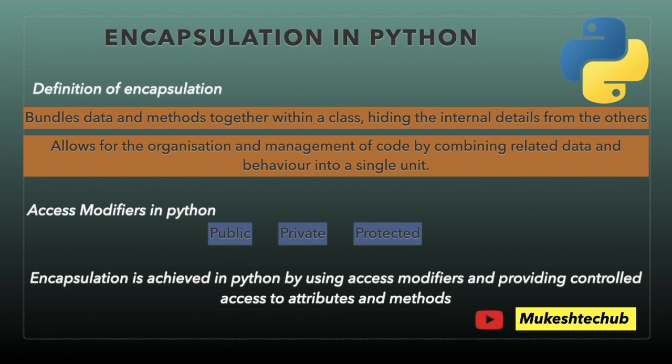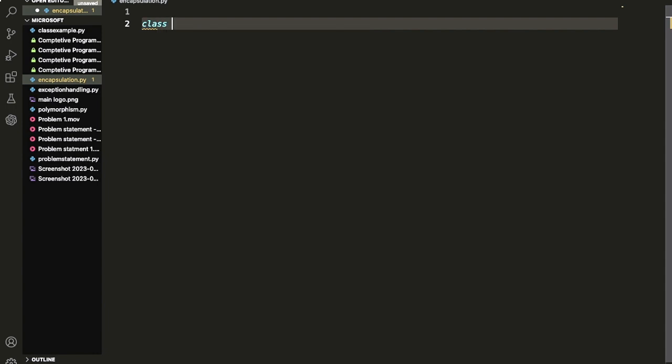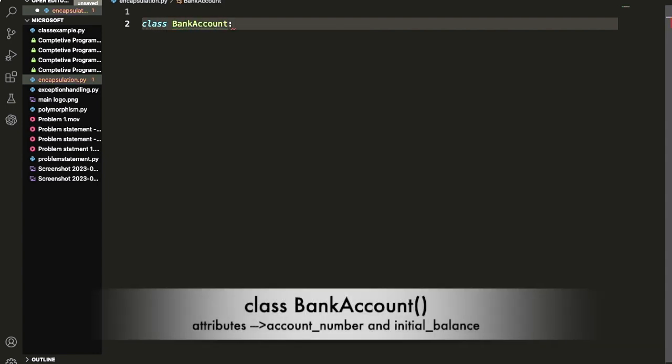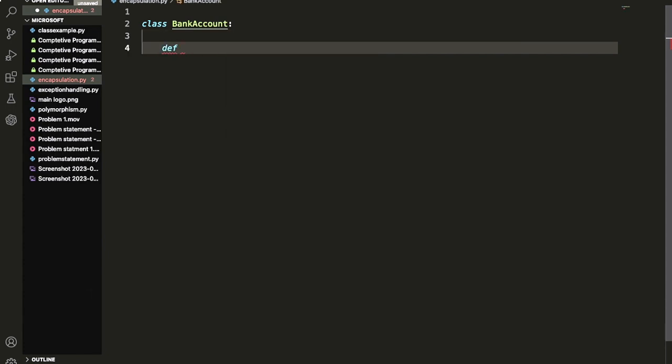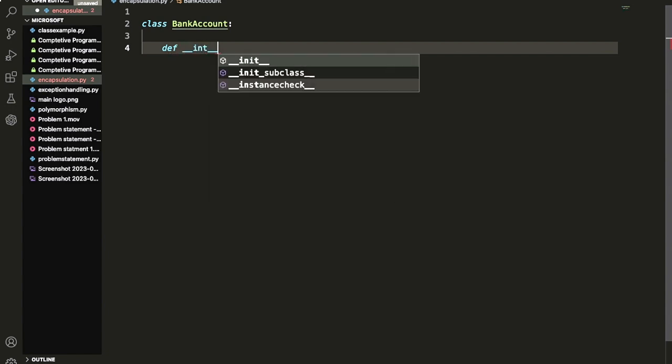Now let's take an example of a bank class and see how we can achieve encapsulation. Let me create a class named BankAccount. This class contains the attributes account_number and initial_balance, so let me define __init__.